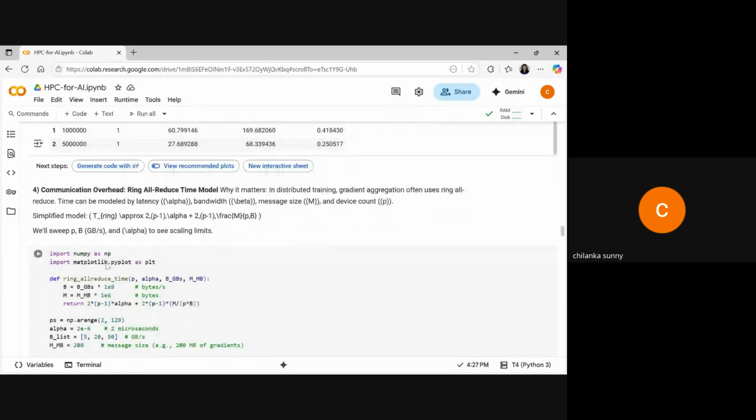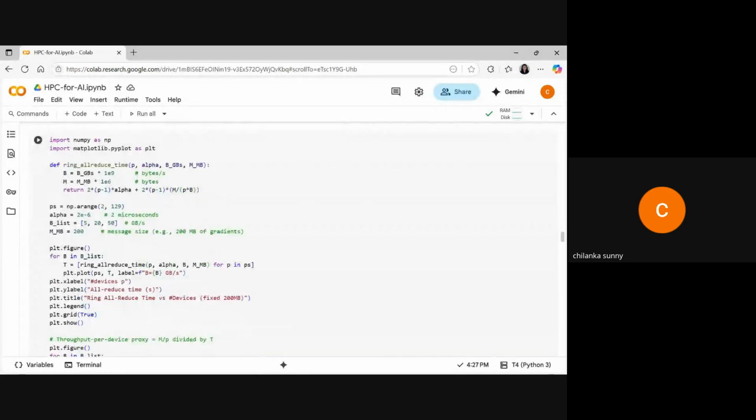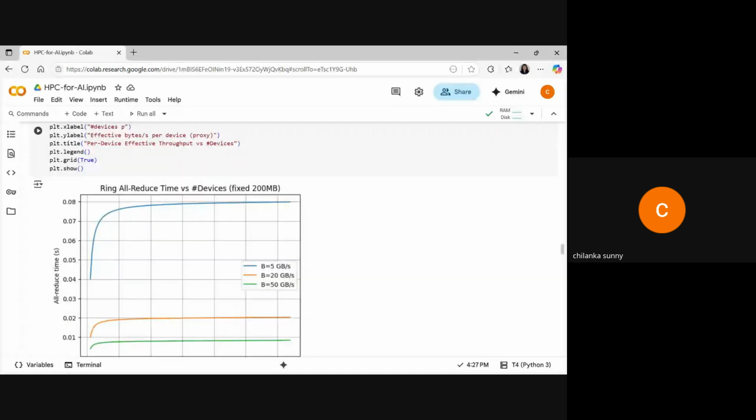So this is the equation for the ring all-reduce time. It's 2 times (p minus 1) times alpha, where alpha is the latency, p is the number of processing units we add, and m is the message size, and b is the bandwidth. So here we are doing it, and let's plot it and see. Here we are plotting the final runtime